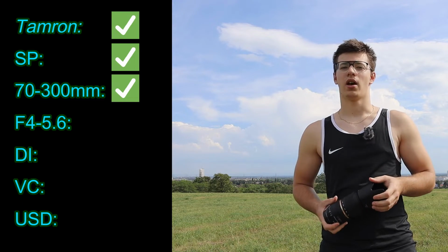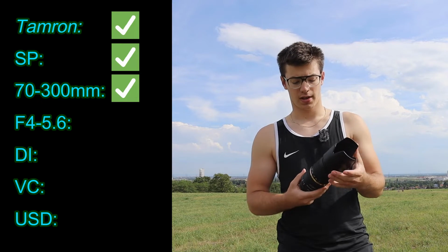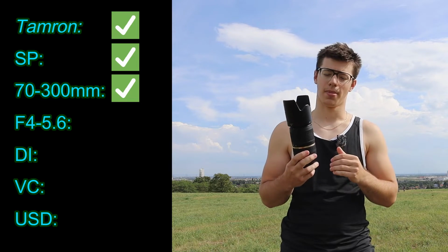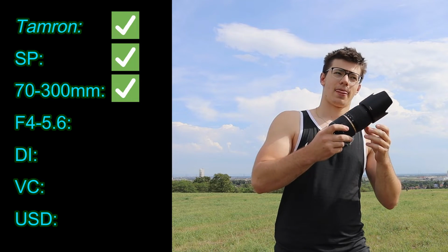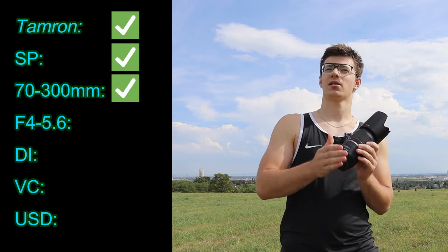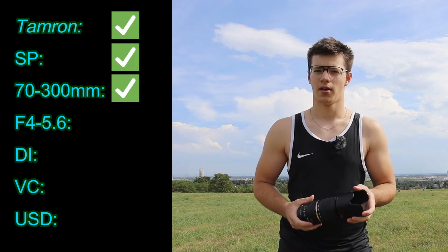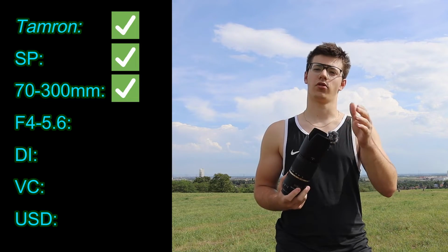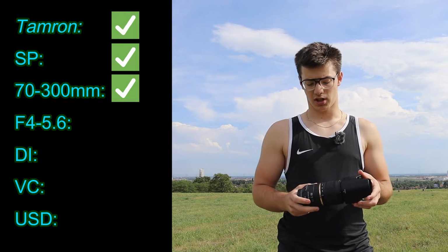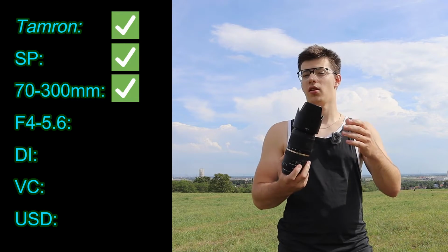Alright, then we have F4-5.6. This is the aperture. This is the value that defines how much light the lens is letting through on the sensor. So the 4-5.6 is pretty mid-range, so it's about the aperture that the kit lens of every DSLR has. They mostly have 3.5 to 5.6, which doesn't make a real big difference. So everything that you can shoot with your DSLR camera kit lens, even at night, you will be able to